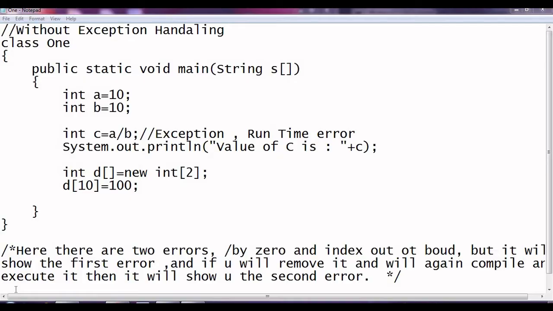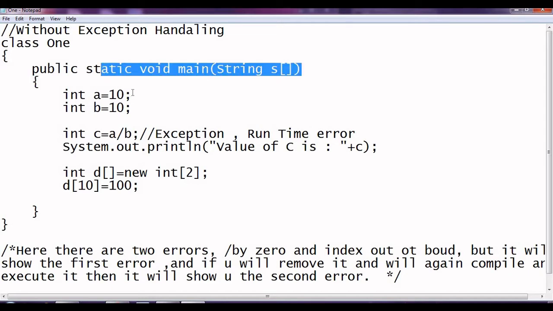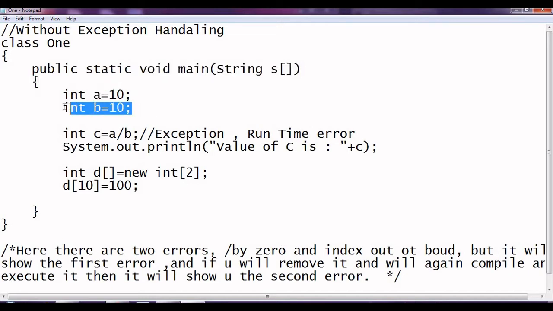Here we have an assignment. So this is the first program of the exception handling mechanism. But here we have not used any exception handling mechanism, and let us see what will happen. Here we have a class, we have a main method, we have a variable a and a variable b. For simplicity, we have taken the a and b variables as fixed values, that's 10 and 10. You can take it from the user also. Now here we have c equal to a divided by b. It's 10 by 10, then it will give you 1 as the answer.